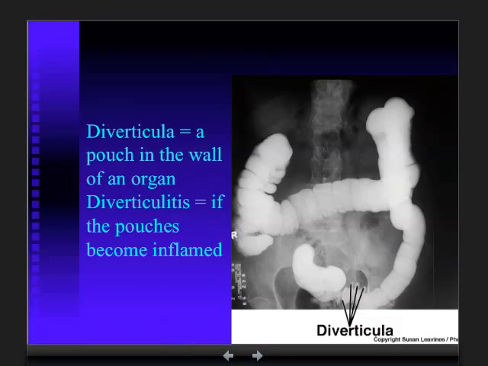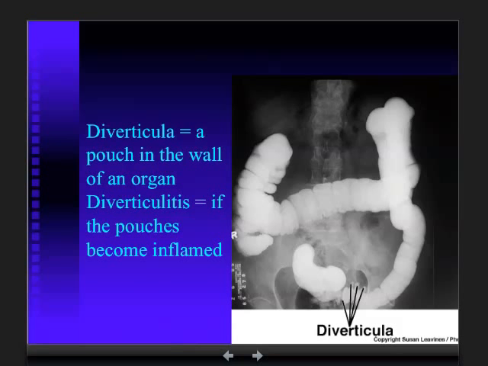This is just very quickly here a barium X-ray showing you the large intestine, and this person has a condition called diverticulitis. Diverticula are finger-like outpocketings. They're most common in the sigmoid colon, and the reason is because that is the part of the large intestine with the smallest diameter,